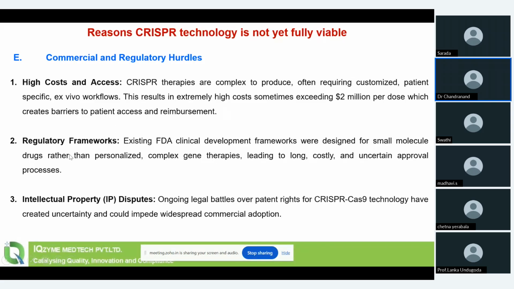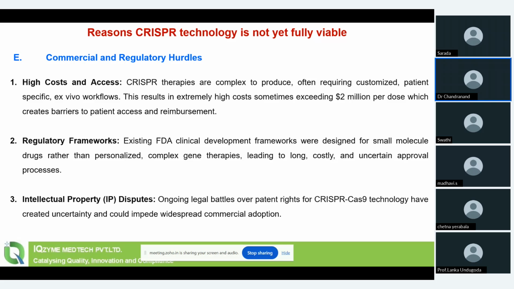technologies. Regulatory frameworks, which I told you earlier, were designed for smaller molecules and not for complex gene therapies. So what happens is, every time a new sequence comes up for regulatory approval, the regulator is not prepared. Okay, now something new has come up. In the case of small molecules, or even biopharma molecules, after some time the therapy and the line of indication is understood, and then